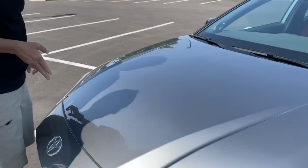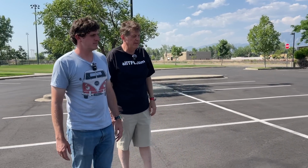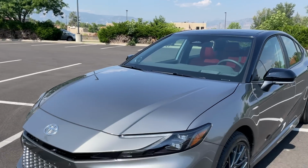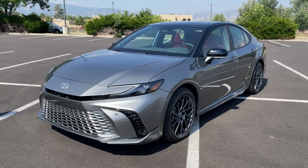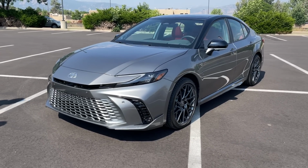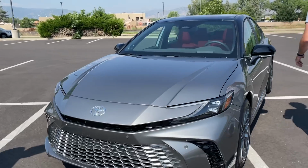Once again, not a lot to say under there, right? Because modern cars are so technologically advanced. It's not like back in the day when you'd open it up and see an engine, a carburetor, and you can figure out what stuff does. Now you see a bunch of orange cables that scare me. All right, well, let's talk about the inside, because there are quite a number of great things to talk about in here,